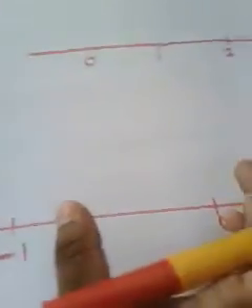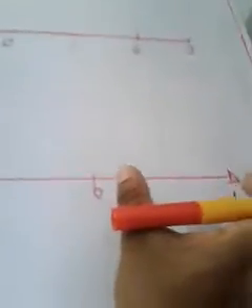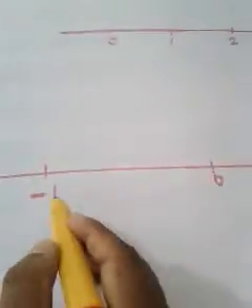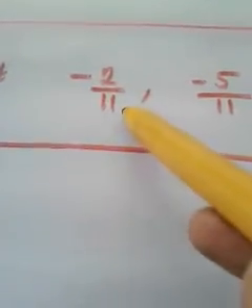Okay, so here you can choose any distance. If it is 1 centimeter, everywhere the distance should be 1 centimeter. If it is 3 centimeters, everywhere the distance is 3 centimeters. Why did I choose 3 centimeters instead of 1 centimeter between each number? Because I have to divide the space into 11 equal spaces, so we need a little more space. Then I am going to divide it into 11 equal spaces.